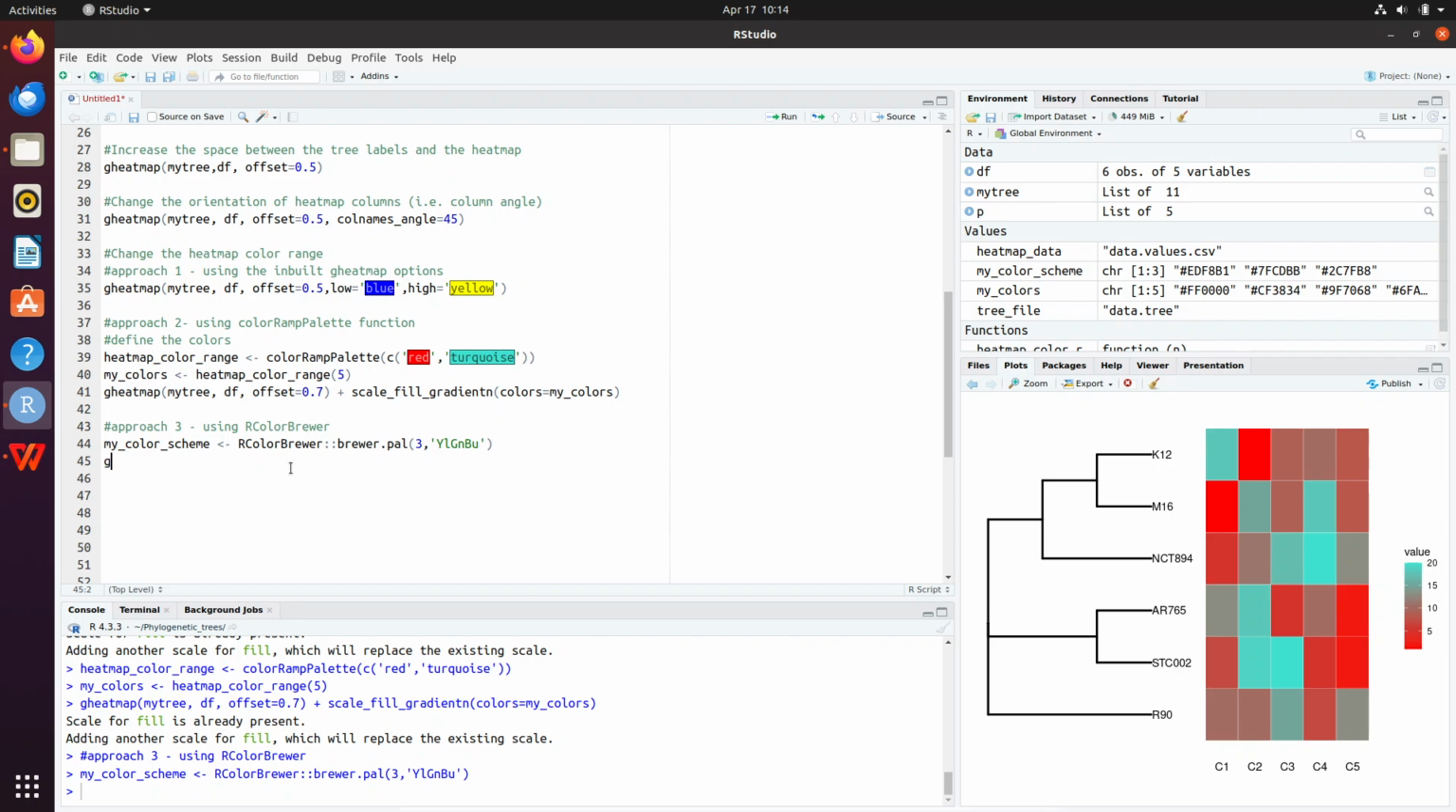Then we can call gene heatmap, my tree df, offsets equals 0.5. Okay, the number, I repeat, you can find what number is appropriate for you. So we have offsets like this. Okay, close it, or if you want to change the angle, you can add it. Okay, offset equals 0.5. Then